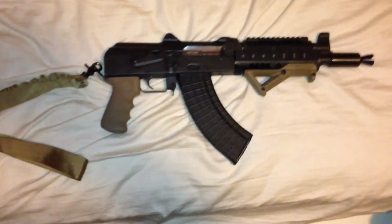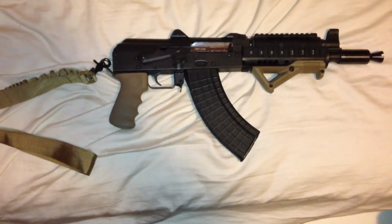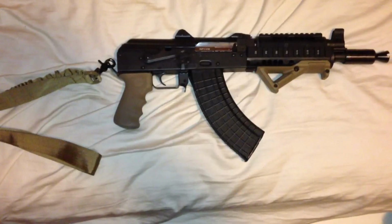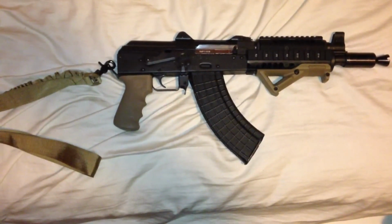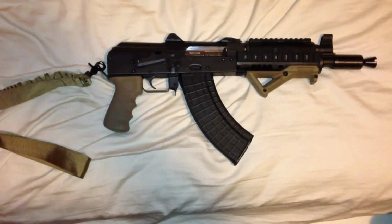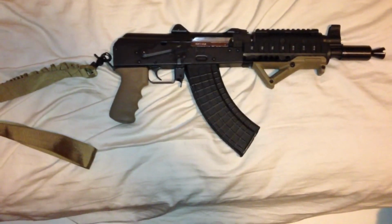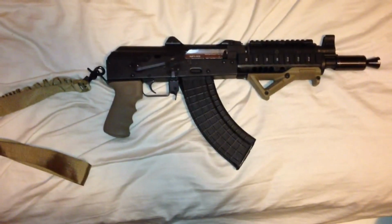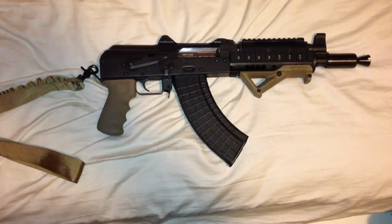Hey, it's M92 by 39 Klitschko. Doing a review on my new, and also finally got done doing the upgrades. This is the Serbian PAP pistol. It is classified as a pistol, of course, because you all know it has no buttstock, so the barrel length does not matter. Again, this is an AK, I guess you'd call it AKM variant type pistol, like the Draco